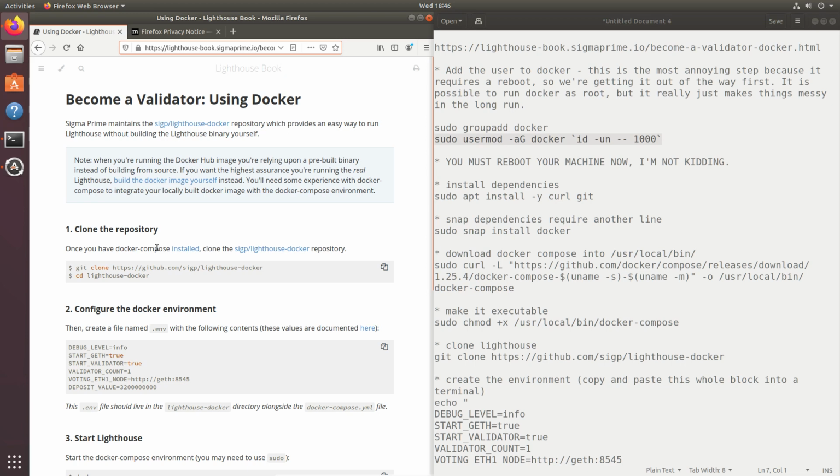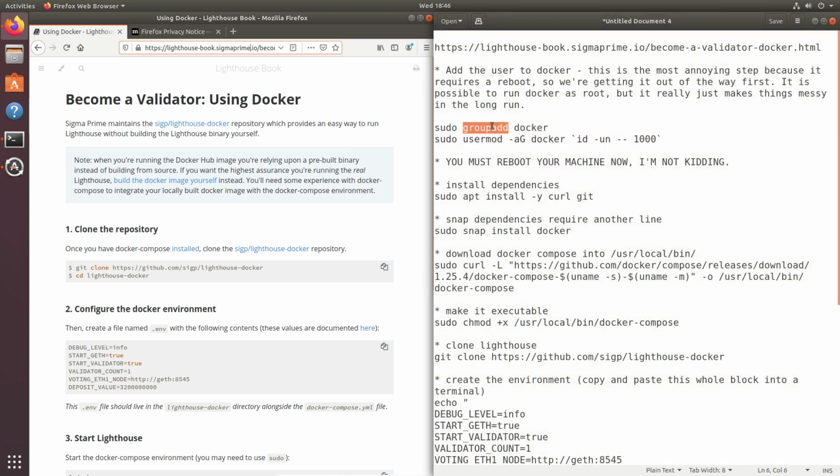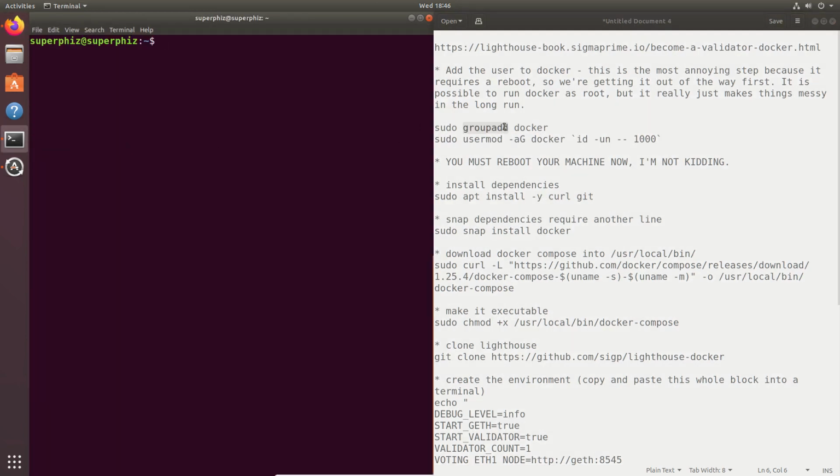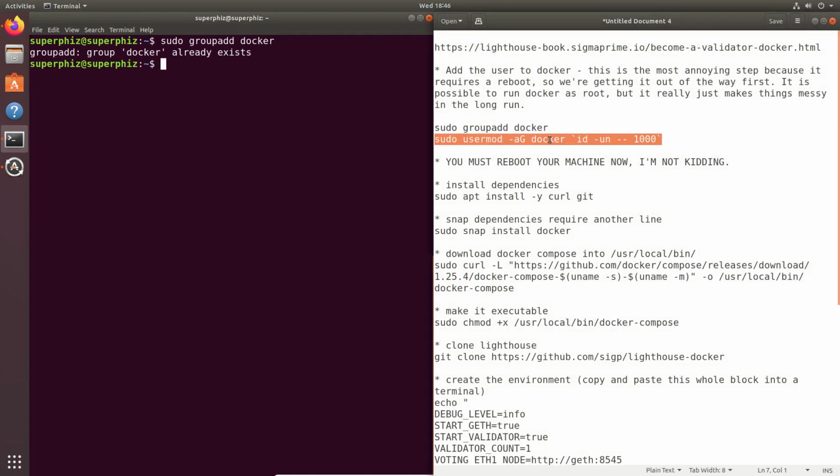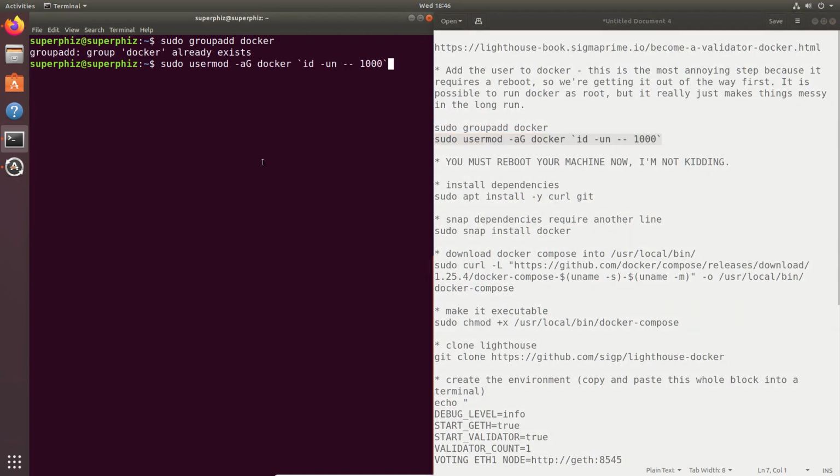work. So right now we're going to go through setting up the Sigma Prime Lighthouse clients, and we're going to use the Docker instructions provided here. You can see that I'm set up there. And to do this, I need to first be in the Docker group. Now, I just accidentally scratched this attempt, and so it's going to say that group already exists, but you'll need to do that. And then you're going to need to modify the user, add to group Docker, and now you've